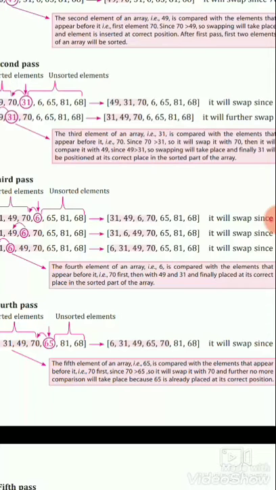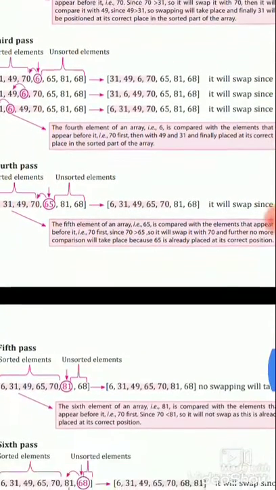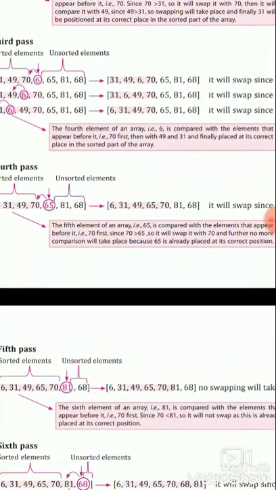In the fourth pass, it starts checking from the fifth element, that is 65, comparing with the elements that appear before it. First 70, since 70 is greater than 65, it will swap with 70, and further no more comparison will take place because 65 is already at its correct position.